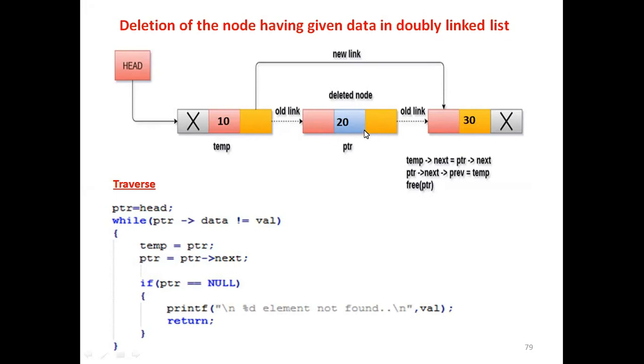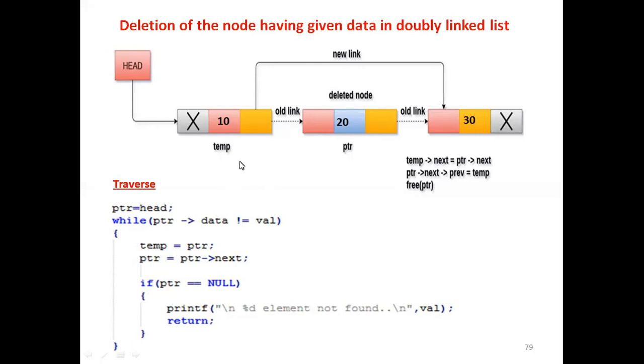So here we have to use two pointers, and then we have to traverse the list starting from the first node. Starting from the first node, we'll start traversing the list, and then we will check the data field of each node, whether its value is matching with the given data or not. So wherever the given data value is matched with the data field of the node, then we can delete that node. So first of all, we have to traverse the list, and we have to use here two pointers.